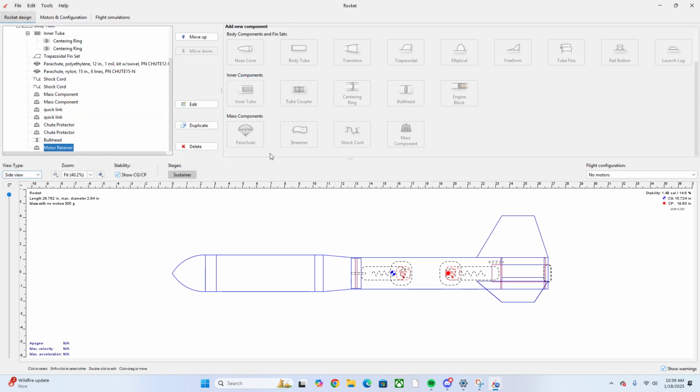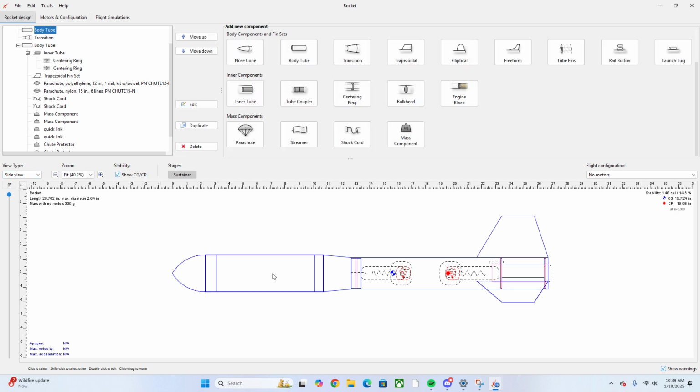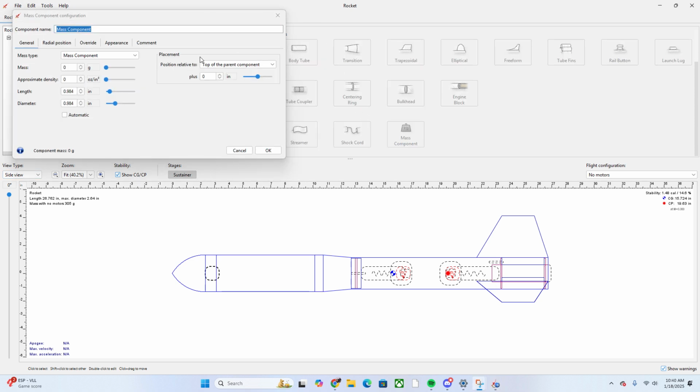Okay. We are still missing eggs as well as the altimeter and that inner lip. So let me go ahead and add those eggs. It is going to be a mass component inside of the upper tube. For the TARC competition, our eggs can weigh between 57 to 63 grams and have a length of 60 millimeters. So I'm going to change this to 58 grams,